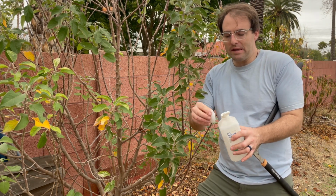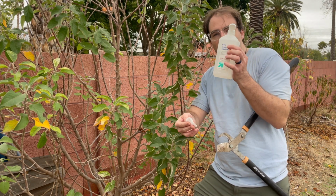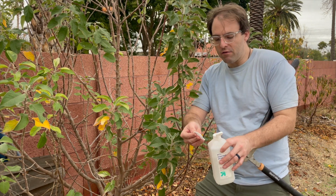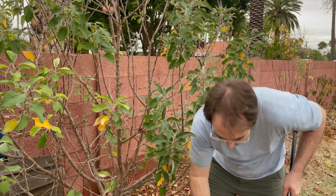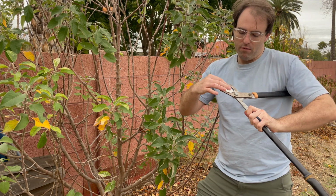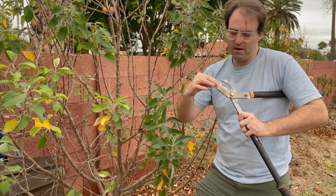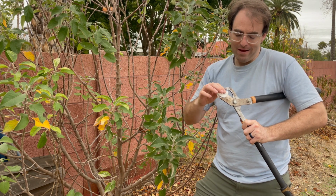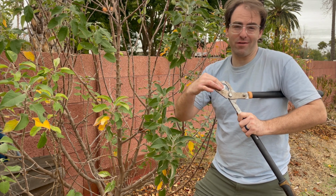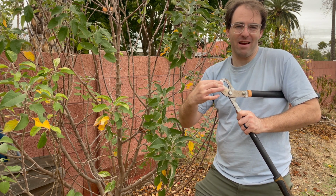So I'm going to take my cotton pad and my rubbing alcohol. This is just 91% rubbing alcohol. You get it at the drugstore. I'm going to take that cotton pad and take my loppers, really clean off this leading edge, disinfect it with this rubbing alcohol. Like I said, I've never done this before. I always was like, whatever, but I'm realizing that's probably a good idea, that I should clean it every time,